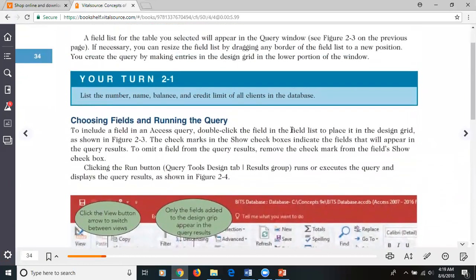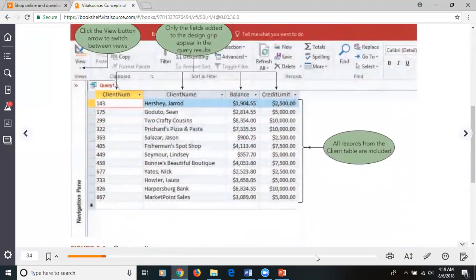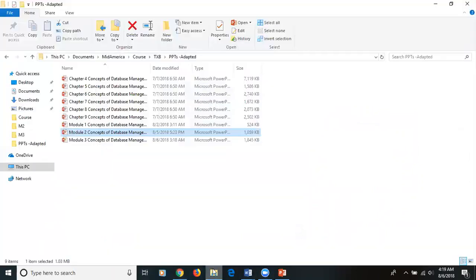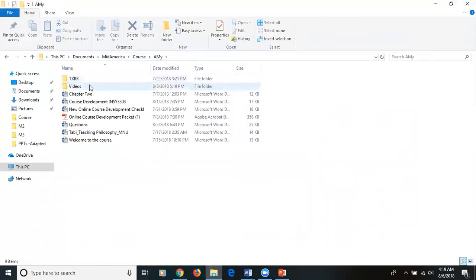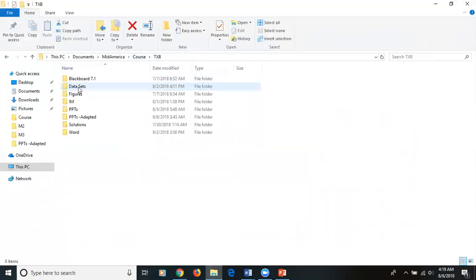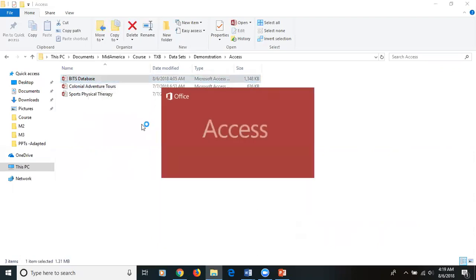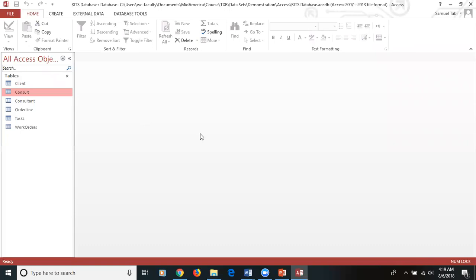So let's create a query which lists the number, name, balance, and credit limit of all clients in the database. I will pull up my BITS database. Did I last go right here? Of course, I thought I had that. No. Textbook, dataset, demonstration, BITS. And so